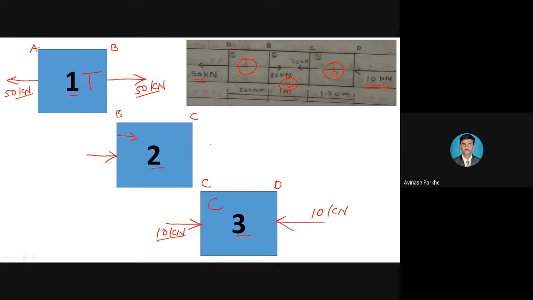Similarly, to its other side, whatever the 20 kilonewton force is applied, I have taken its direction as it is. Only difference is that 20 kilonewton is applied internally. I have represented it externally. Whether you look at these inner two arrows or these outer arrows, I can say that section 2 is under compression.